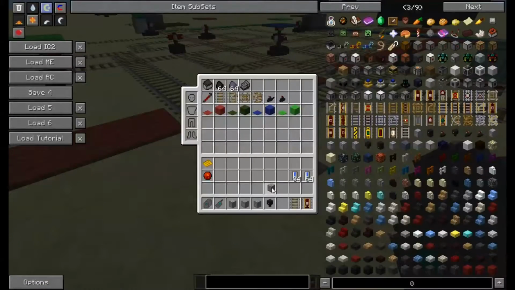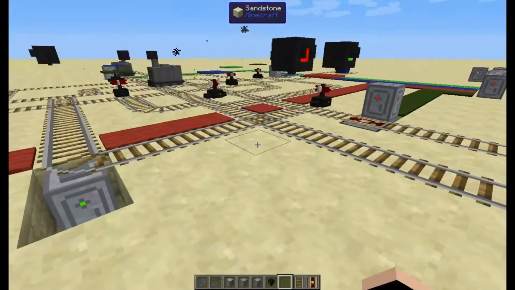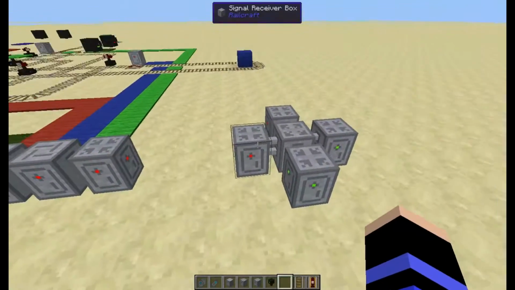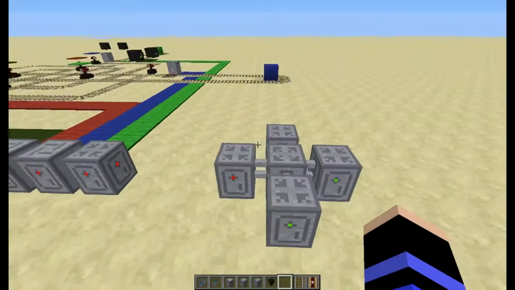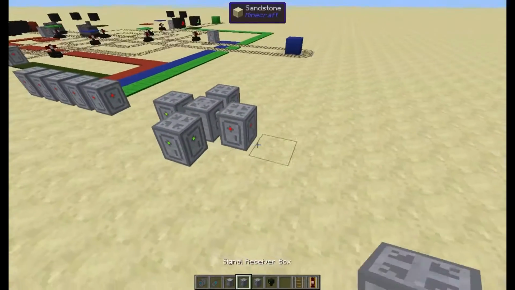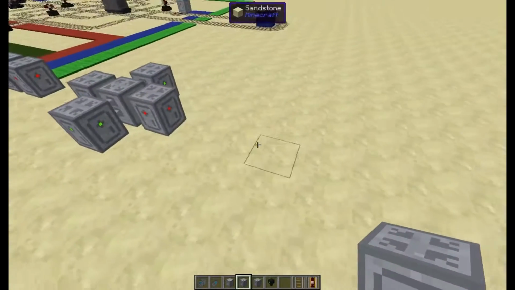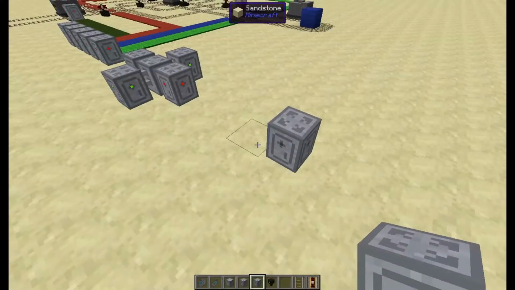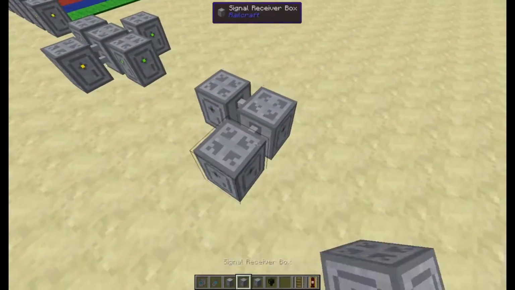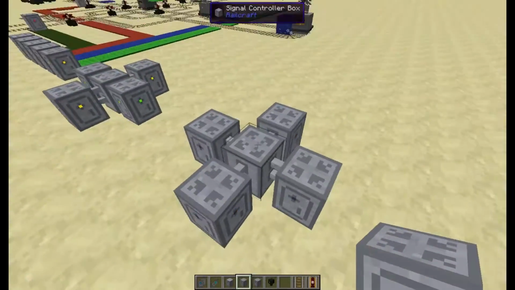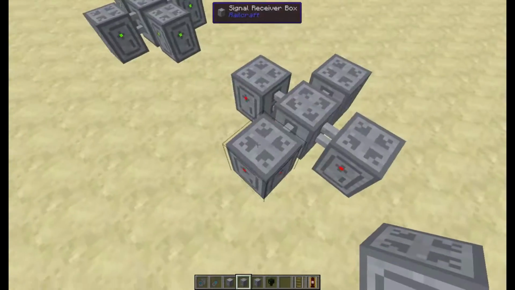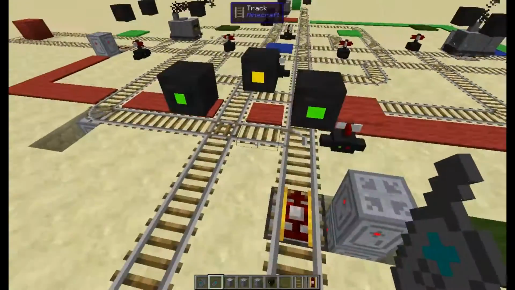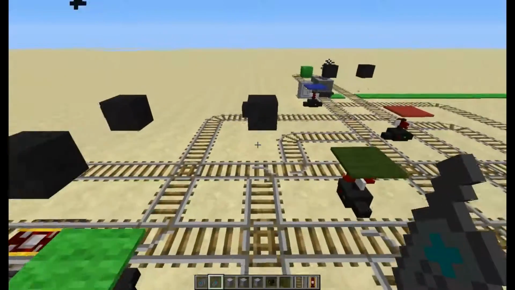Now we want to include this in our system here. We need a controller box surrounded by receiver boxes like this. Then we will take this